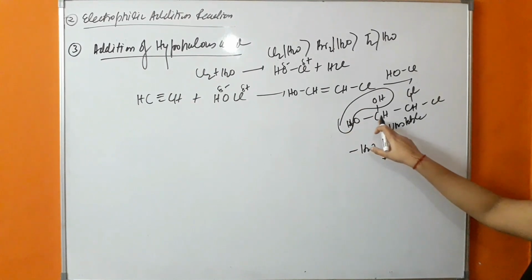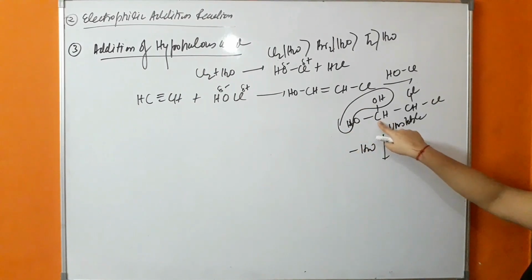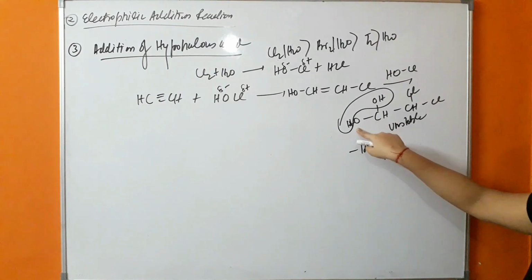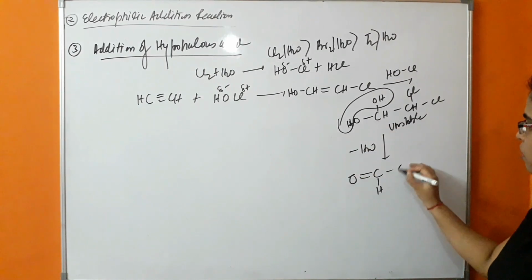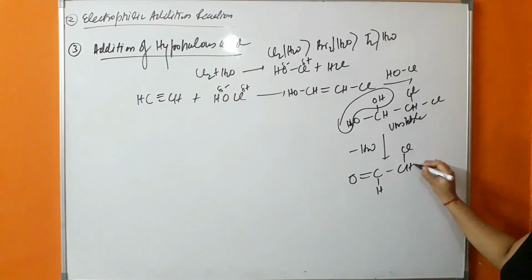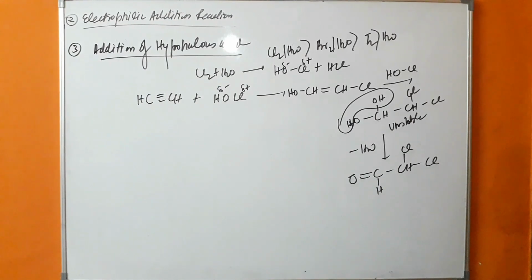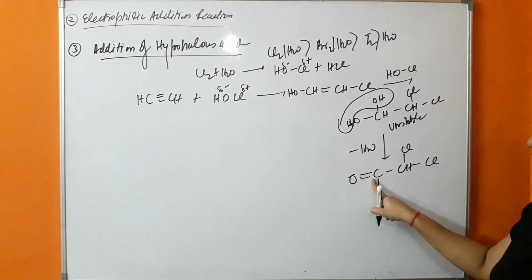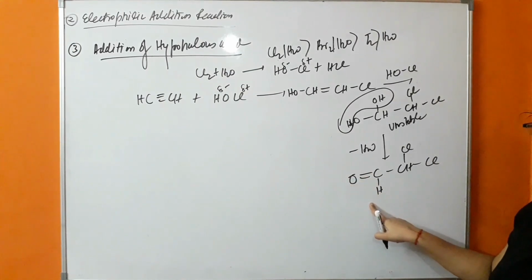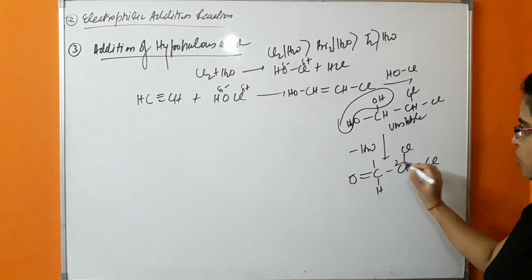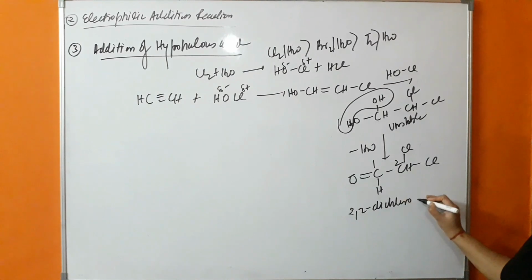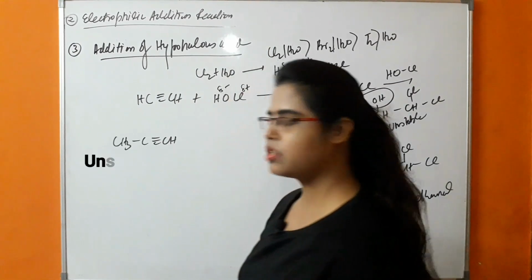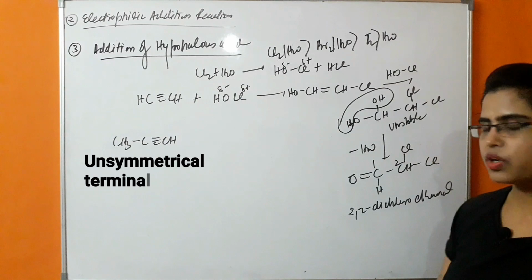So there will be formation of a double bond between this carbon and oxygen. So this compound is formed. What will be the name of this compound? Numbering will be done from this position because this is the aldehydic functional group, the principal functional group: 1, 2, 2, 2 dichloroethanal.